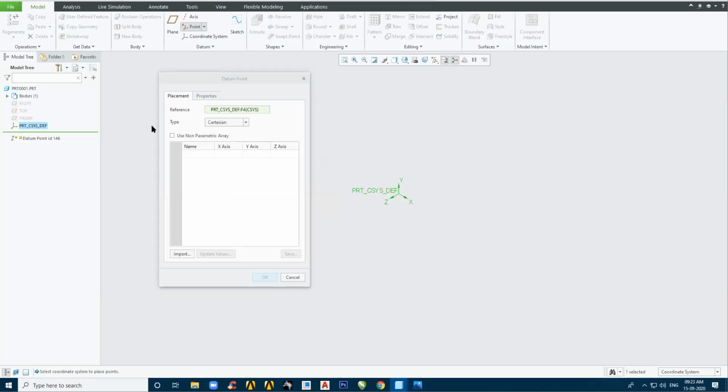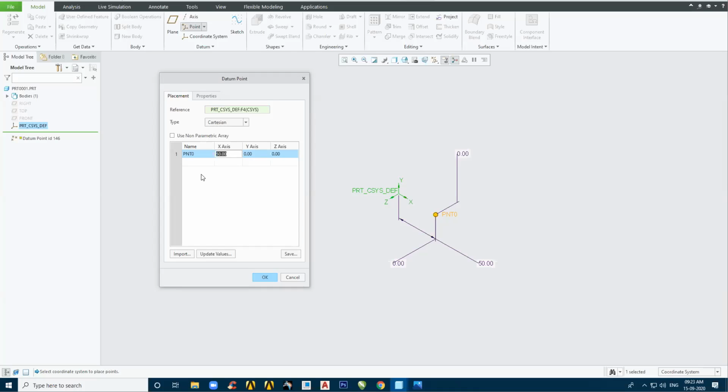It has been taken. The type is Cartesian. Cartesian means we need to give the X-axis, Y-axis, and the Z-axis. How do we give that? Click here. For example, in the X-axis it needs to be 50 mm apart. So a point has come in the X-axis at 50 mm. Fine.